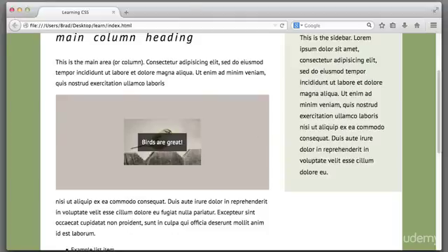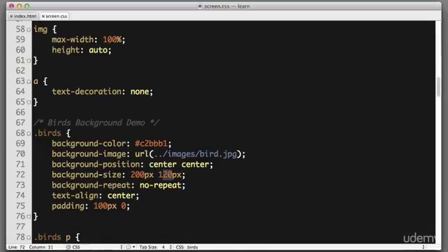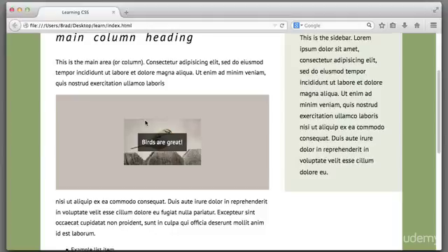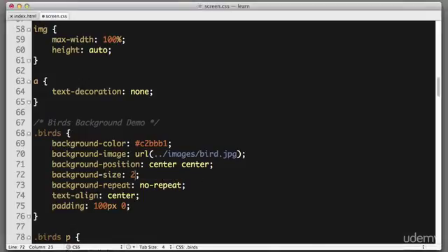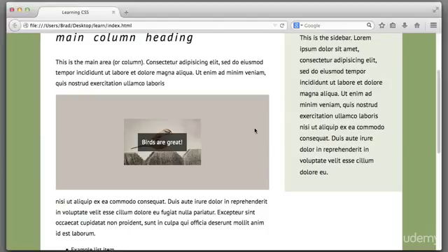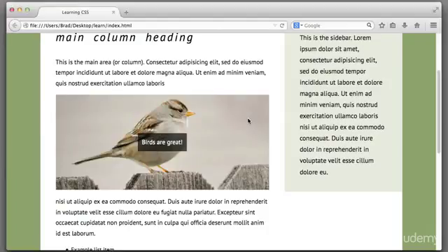Now, clearly, 200 pixels wide by 120 pixels tall is not the correct dimensions. We want the image to use all of the available space. Now, instead of worrying about trying to find those perfect pixel values to plug in, we can simply erase this and use a keyword of cover. And the web browser will do all of the heavy lifting for us. It will automatically resize the background image to cover or fill the element that the background image is being applied